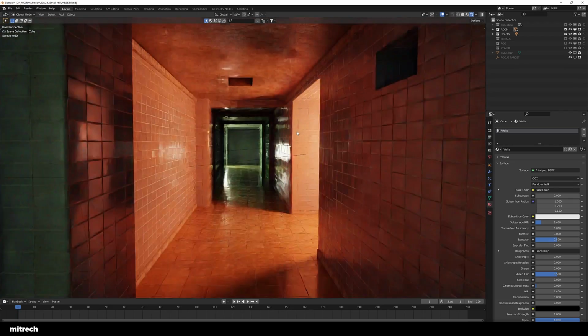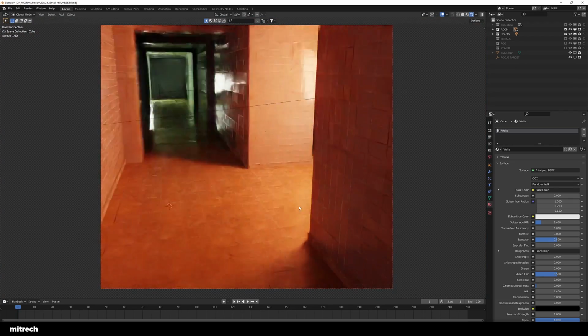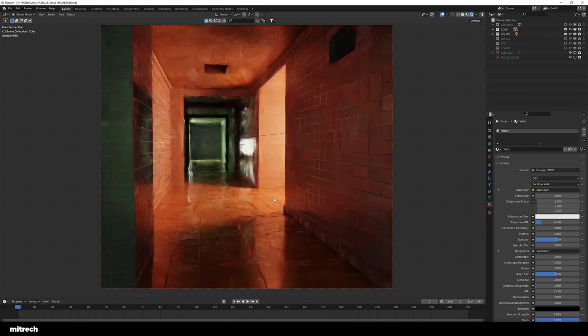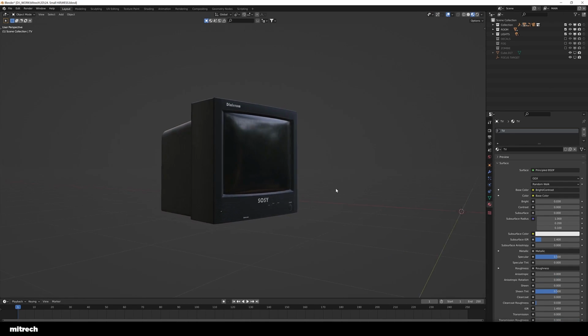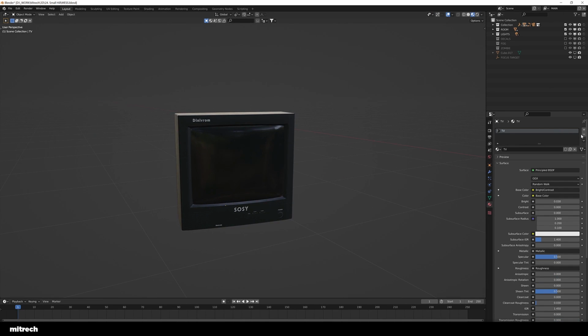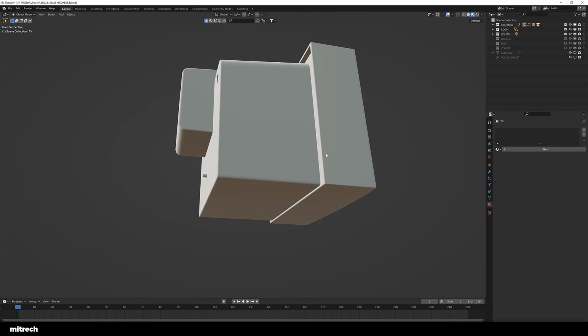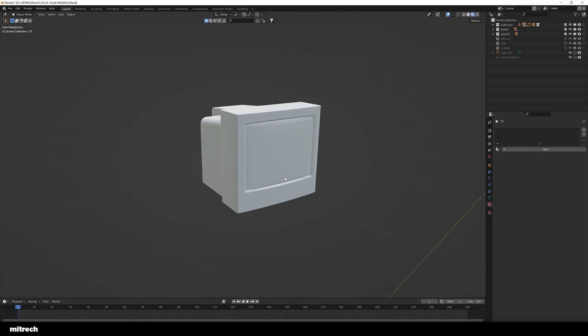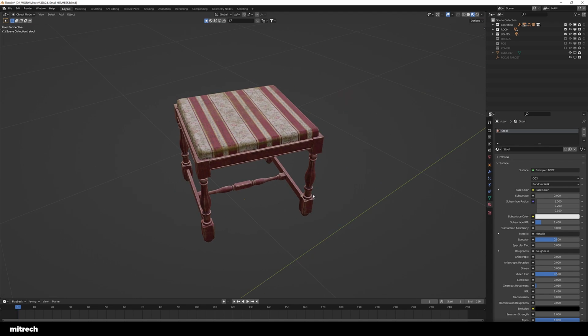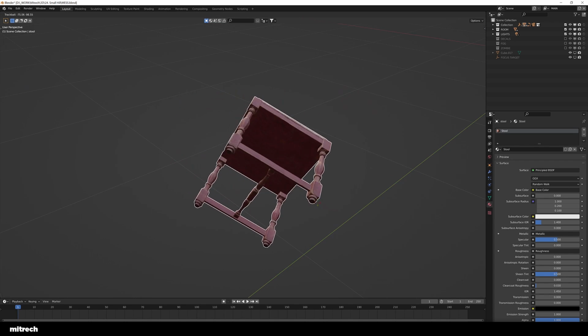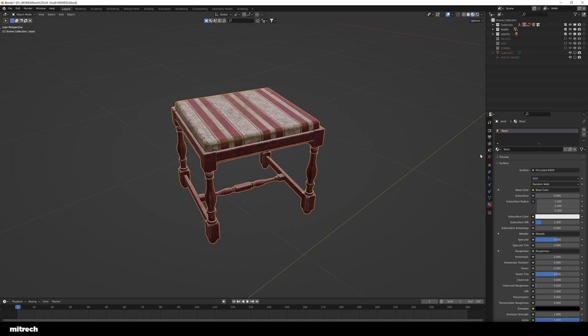And here's the scene with lights and textures applied. It's looking really, really nice. Now let's take a look at all these assets that I've used around, right? So again, everything that you see on the screen is from my asset pack, and I've made use of it extensively for this scene as well.